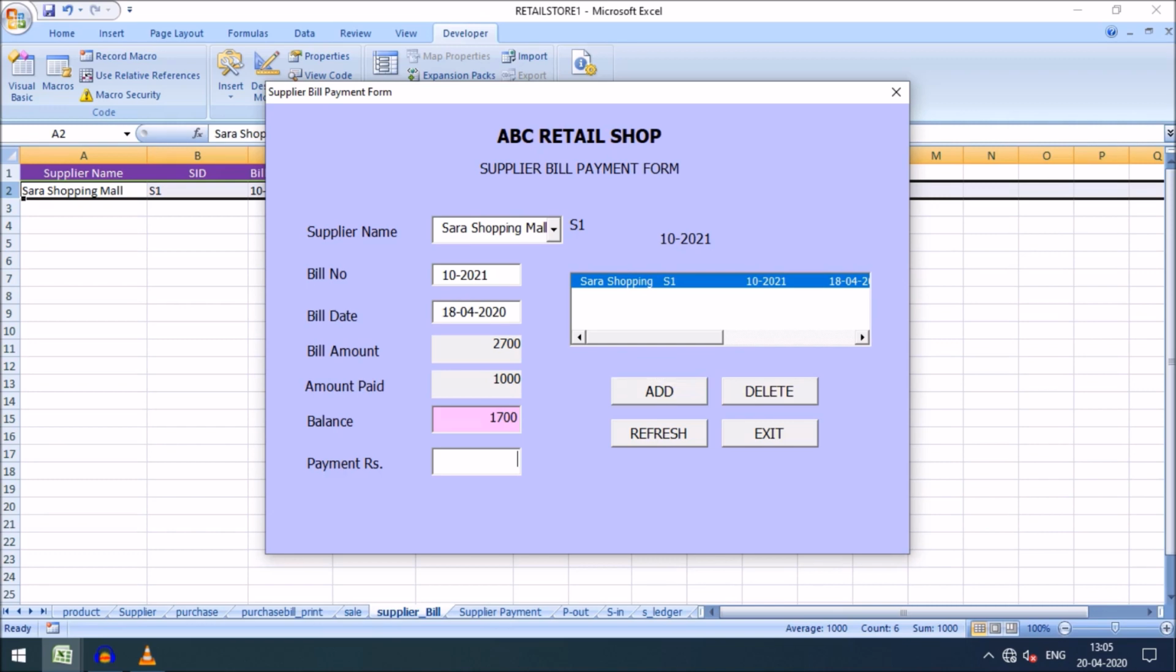So make another payment, 1000, add. So I have done 2 payments in this bill, that is 10-2021. Just go to that bill date and again press tab. You can see the balance is being decreased, and it has now only 700 rupees because the bill amount is 2700 and